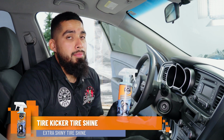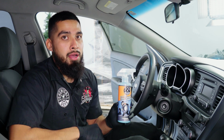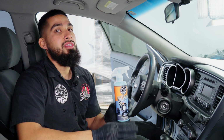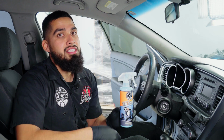Tire Kicker is a water-based dressing that can be used on vinyl, rubber, and plastic pieces on the interior and exterior of your vehicle. Now, if you do live in a certain area where it rains a lot, I recommend you keeping your water-based dressing on the inside, oil-based on the outside. But here in California, we hardly get rain, so the water-based dressing can work amazing on the outside